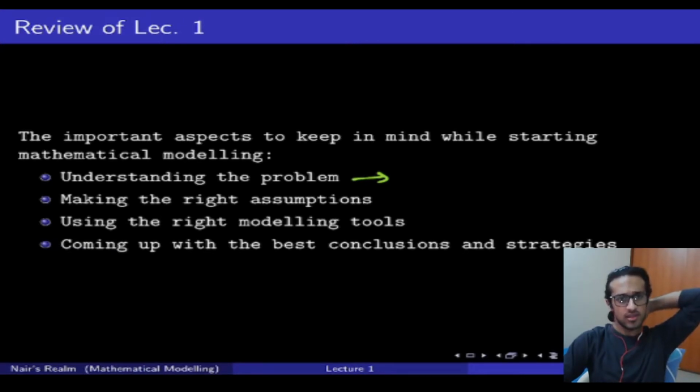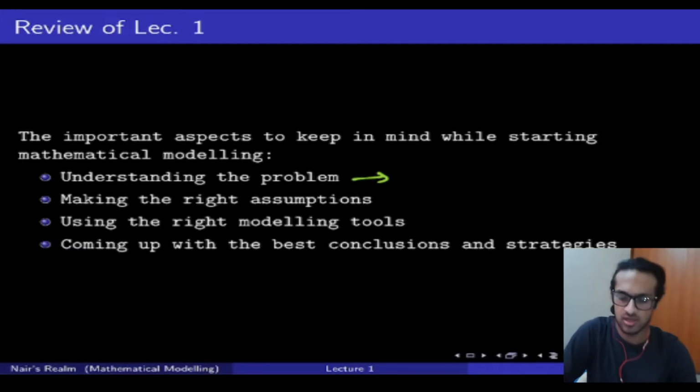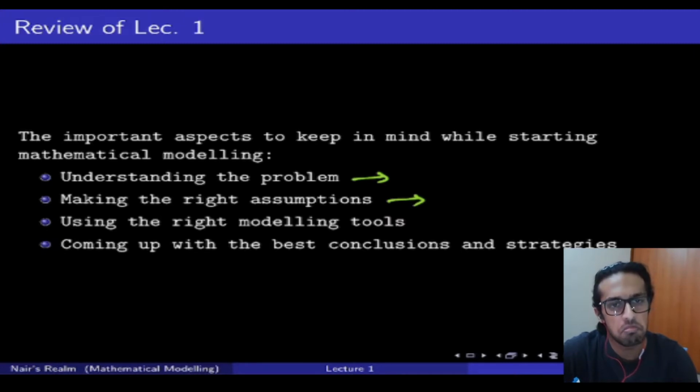Now, other than that, the second thing that we discussed was about actually making the right assumptions. So to make the right assumptions, we obviously need to know more about the problem, right? We need to understand, again, like I said, what assumptions will help us reach the right goals. Too many assumptions will make it a very specific problem, which is not of use to us. Too few assumptions might make it extremely difficult for us to solve.